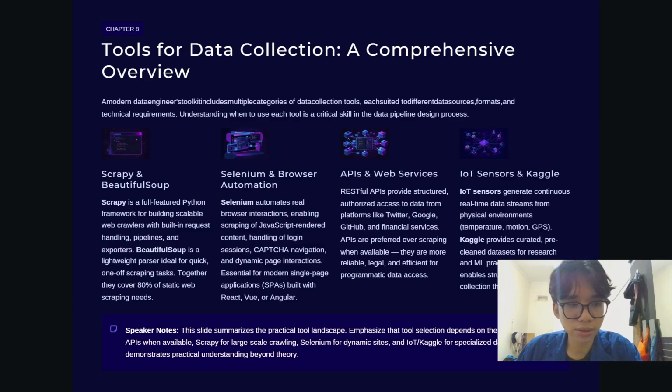And then IoT sensors, physical sensors continuously generate real-time data streams. Then ready-to-use datasets, platforms like Kaggle and data.go.id provide open datasets for research and learning purpose.